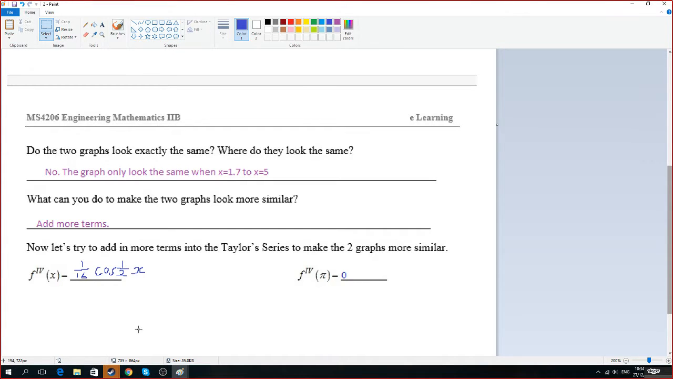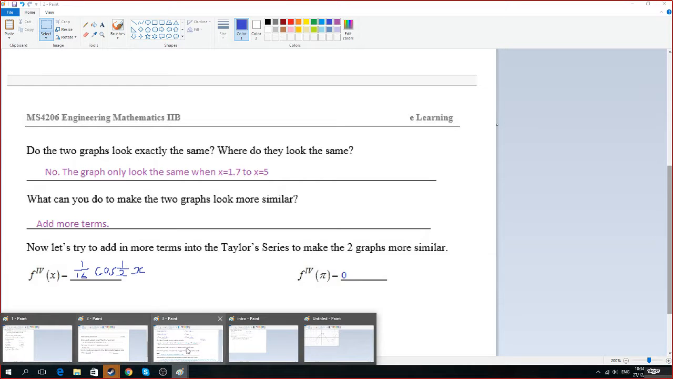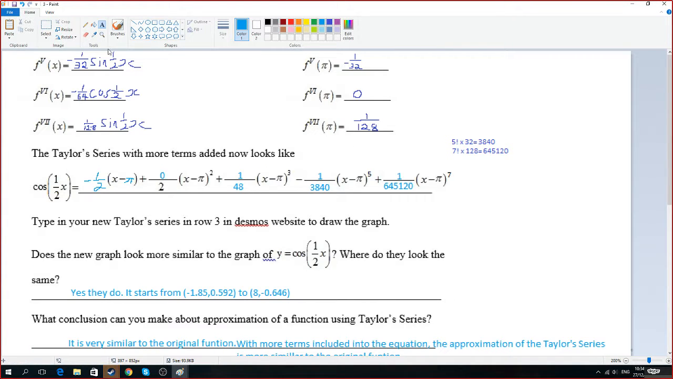And guess what we do? We did it. We found even more terms and wrote them down. We skip 4 and 6 because